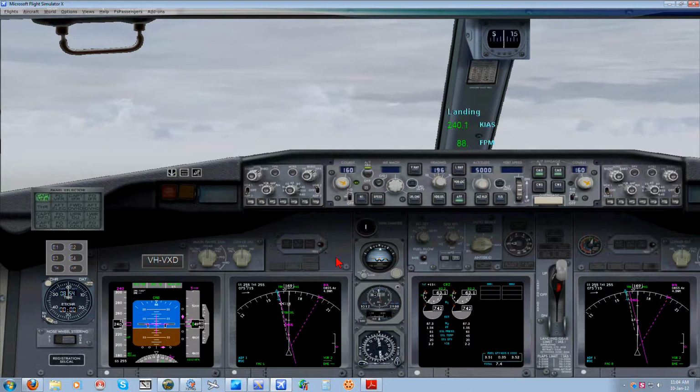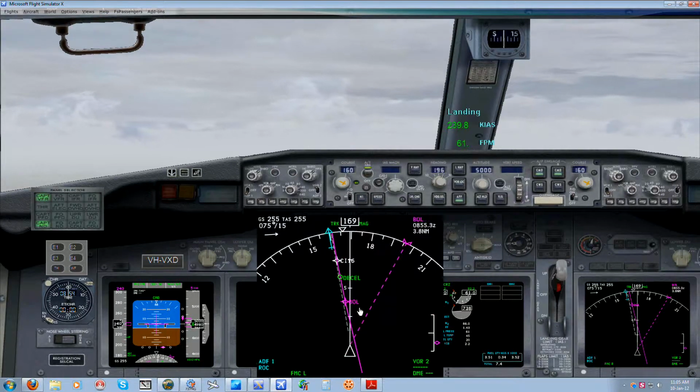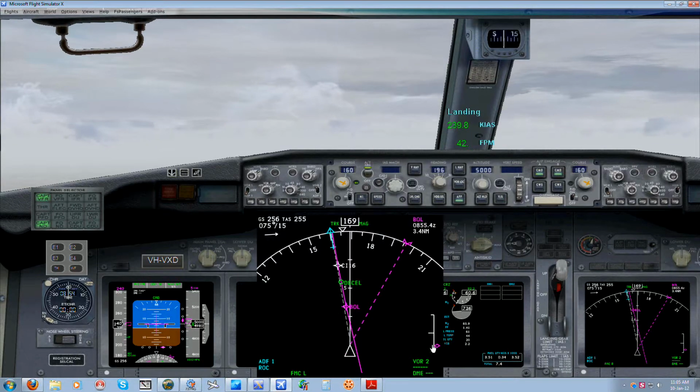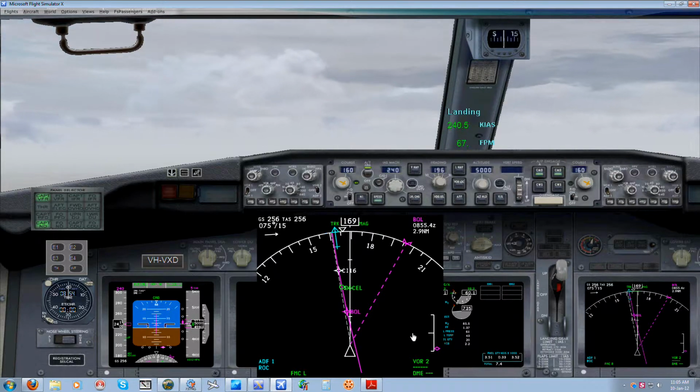Okay, so we've got the auto brake set for max for landing. Now once we actually lock the localizer and the glide slope, so once we're actually in the auto land procedure, don't worry about this descent profile. See how it tells you that we're way too high and we need to descend? Just ignore that and go